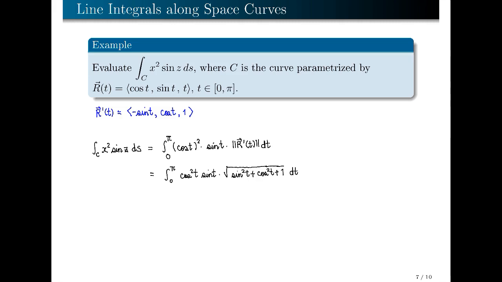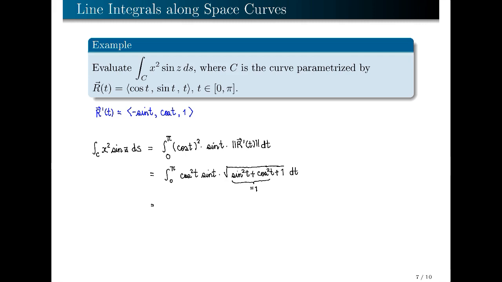Note that sine squared t plus cosine squared t is just 1. And hence, the magnitude of r prime of t here is actually just constant, equal to square root of 2,